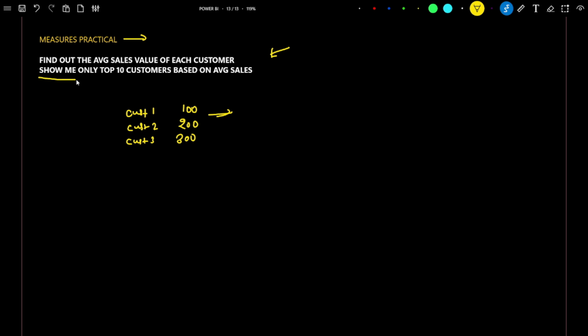The second thing is, show me only the top 10 customers based on the average sales. I have to show only the top 10 customers based on their average sales. Now let's see how we can calculate the average sales. When I say average sales, what does it mean? Average sales is nothing but total sales